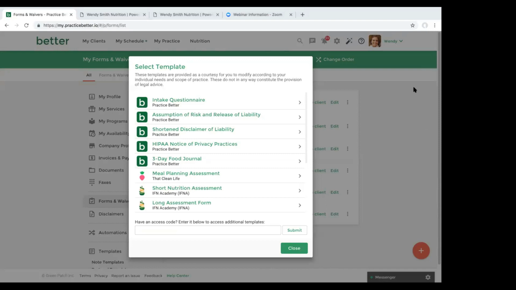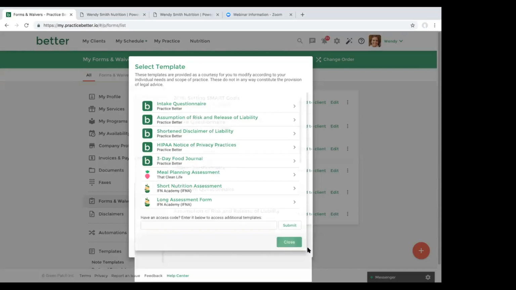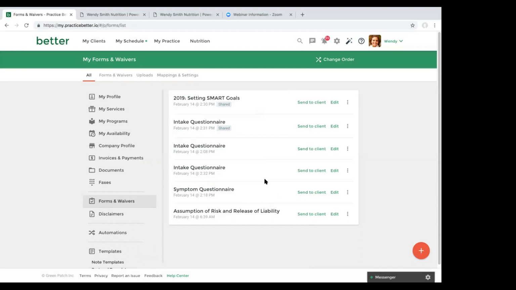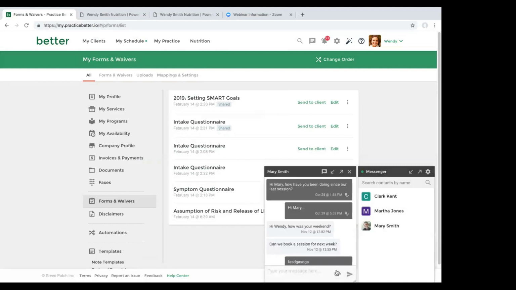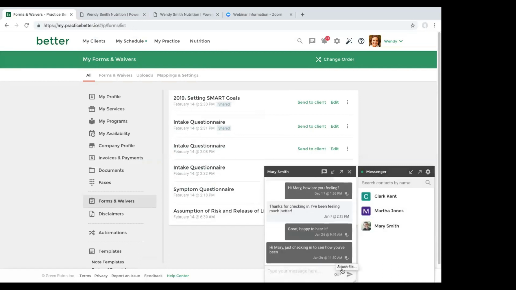Yeah, so you can actually share videos in a few places. So yes, you can do it as a part of your program. If you're using chat with your clients, you can also go ahead and upload the video there. You can actually add video as part of your notes. So if you're sharing a portion of your notes with a client, you can go right into, so if I show you,